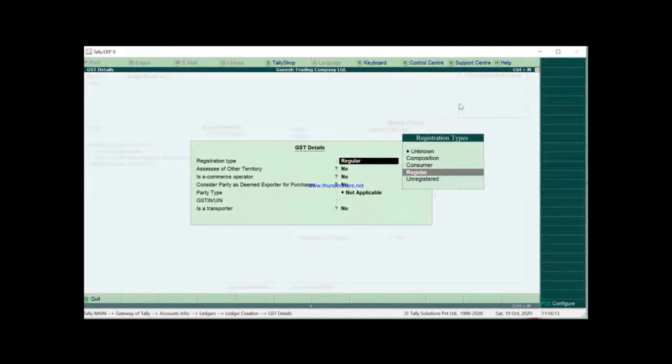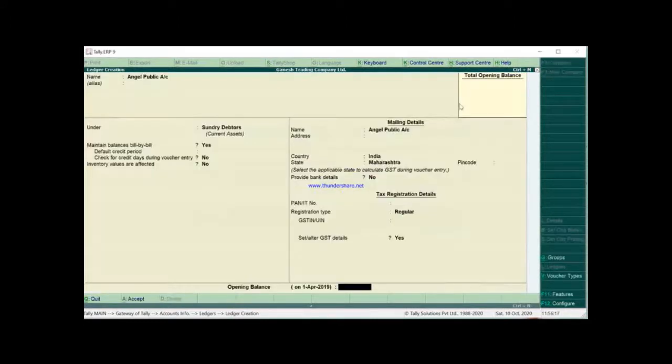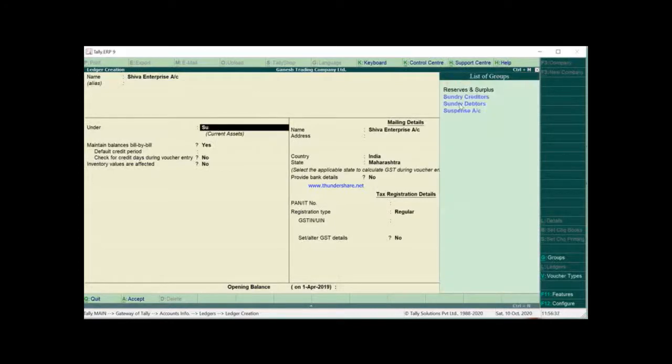Here set/alter GST details, yes, and press Y to accept. Next one is Shiva Enterprise account, which goes under sundry creditors.